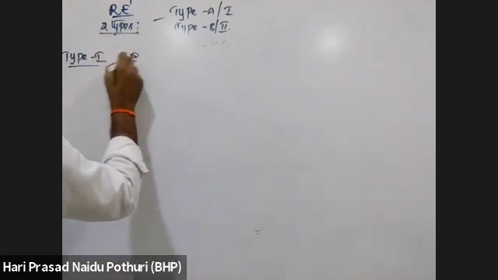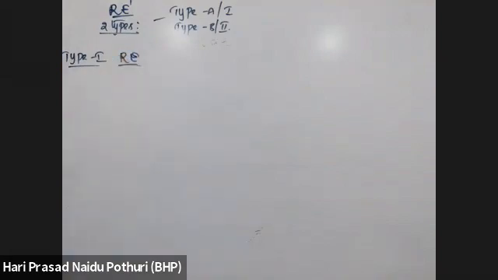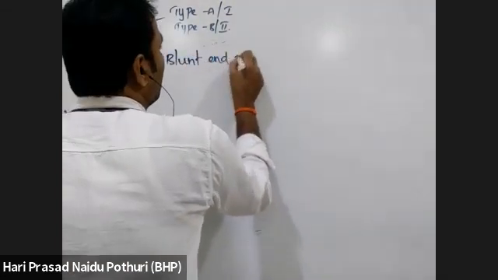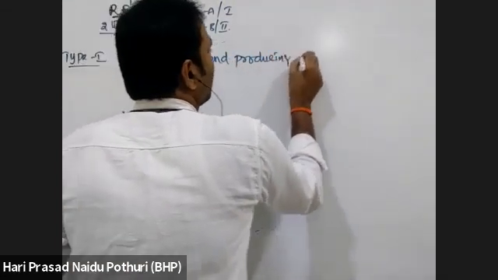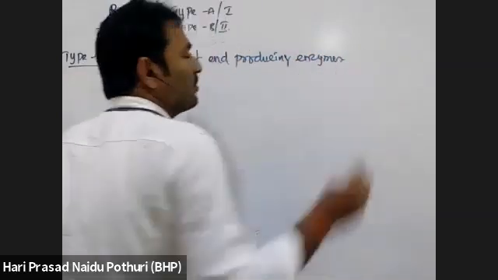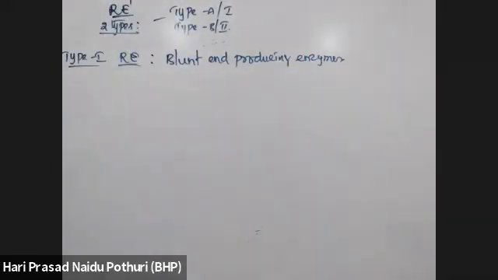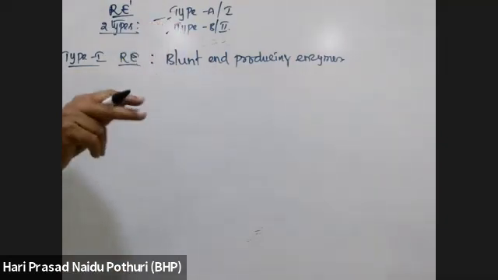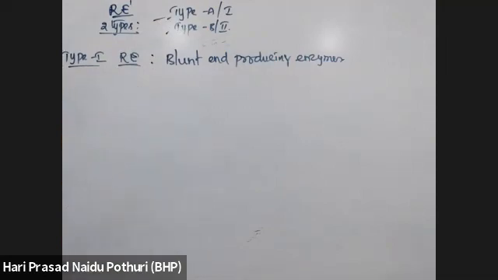Type 1 restriction endonucleases are those which break DNA by forming blunt ends or straight ends. These are also called blunt end producing enzymes. What do blunt end producing enzymes mean? Whether it is type 1 or type 2, they can act on DNA at a particular sequence called a restriction sequence or palindromic sequence. They can break at the palindromic sequence or restriction sequence only.